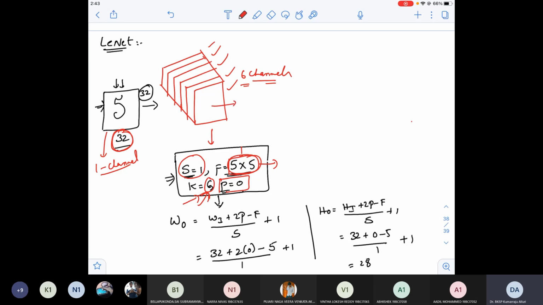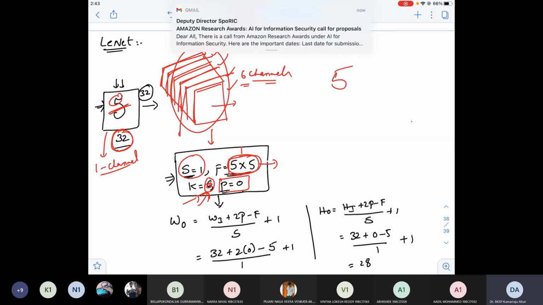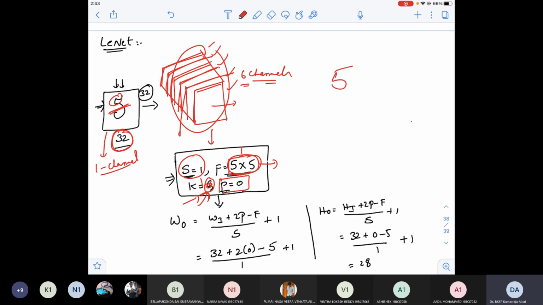Because each 2D frame will have a different understanding. This guy will understand one pattern from this image, and the second guy will understand a different pattern of the image. Third guy will understand a different pattern. Fourth, fifth and sixth guys will each understand a different pattern of the input image. Since each of them has their own pattern of understanding, finally it would classify the digit as 5. If I had only taken one filter, then I'll have only one understanding, and I may not be able to classify the digits with high confidence.